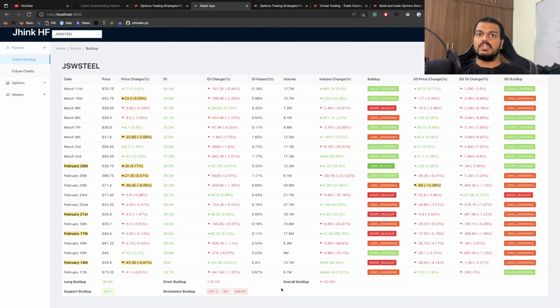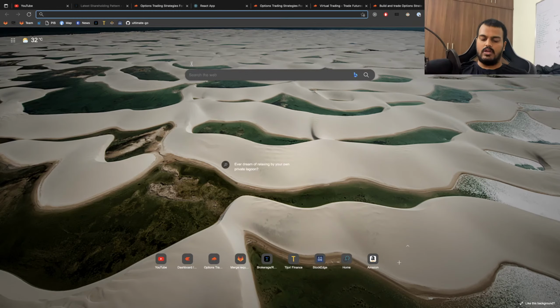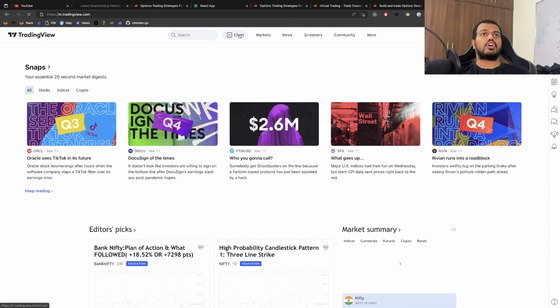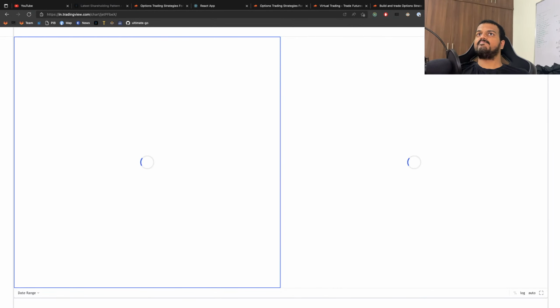Now what we have to see is, where did the short build up start, right? There are few places where there are short buildups. If you are seeing here on 14th, there is a short buildup, and on 17th and 21st. Let's see on the chart and draw these as resistance lines, or basically short buildup lines, where most of the short buildup has taken place, right?